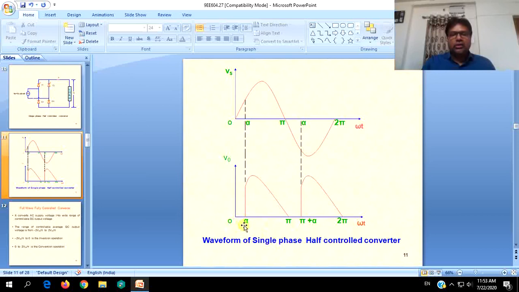In the half control, where you are turning on the SCR at an angle alpha, from 0 to alpha the load will not be getting any voltage. The SCR will be blocking the total supply voltage. Similarly, during the negative half cycle, we will be triggering the next set of SCR and diode. The second SCR is turned on at pi plus alpha. So the load will be getting a voltage like this. Between pi to pi plus alpha, the negative voltage will be blocked by the SCR, which will be forward biased in that set.